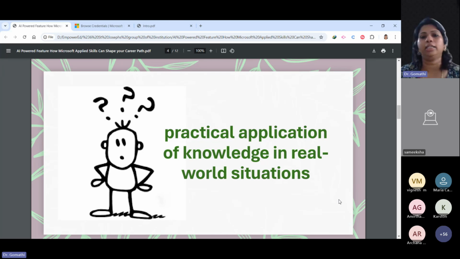So practical application. Okay, ma'am, so here I have a question, like once I am learning something and I wanted to apply that, whether I have to install anything in my system, I don't have a laptop, or whether I have to do any additional things in that? No. Okay, all the environments, like your installation, everything is provided by Microsoft itself.